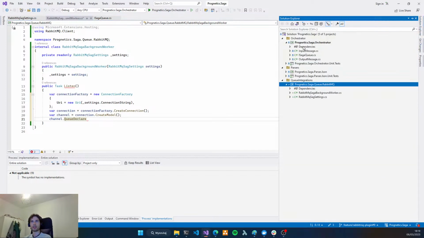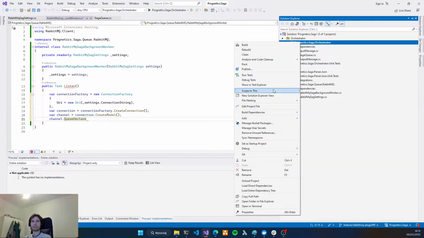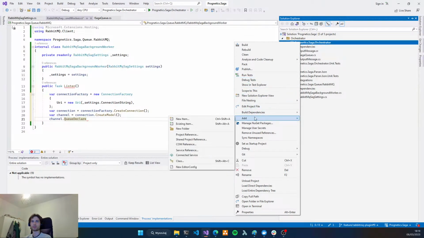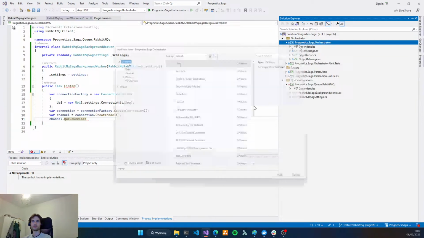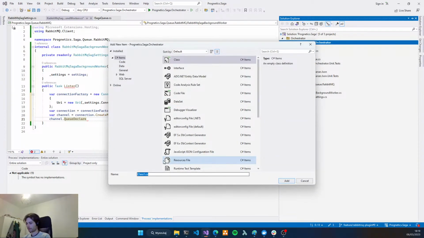So first, we need to create something that will contain a definition for our SAGA transactions. So we will create something like SAGA model.